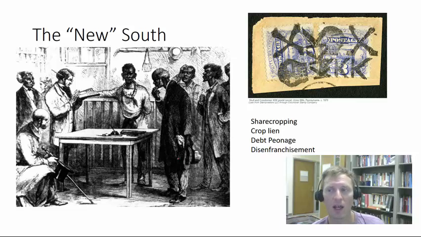Basically, you'll pay me X amount of your crop at the end of the season. And you say, okay, so now you're giving a share of your crop to the owner of the land. You're giving a share of your crop to the market owner. And so let's say you want to grow a lot of cotton. Well, that's what everybody's doing. Everybody's growing a lot of cotton.